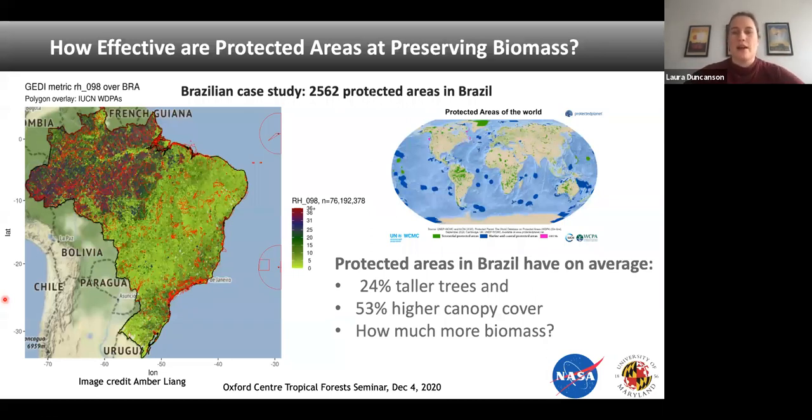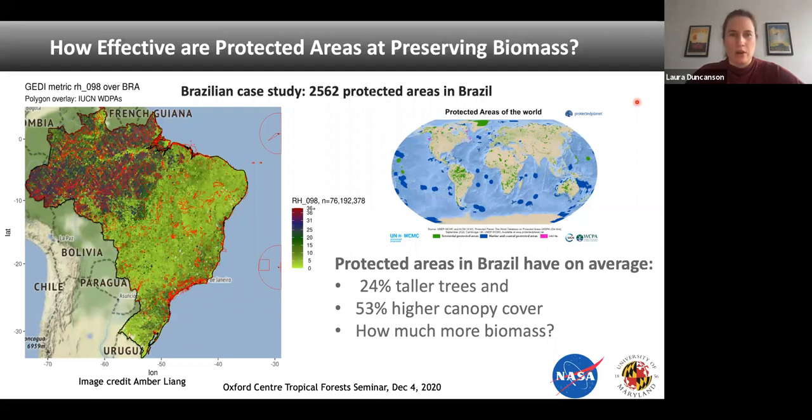I only have a few more slides, but I wanted to now pivot. So we're making these biomass maps, but what can we do with these biomass maps? So I'm just going to give a few examples of work that we're just starting up on our end through some GEDI science team work and through some collaborations with Conservation International. But these are just tiny examples of the kind of stuff you could do with GEDI biomass estimates. So one project that we're working on right now, this is through some actual NSF funding in collaboration with Brian Enquist and folks at Conservation International and the GEDI science team.